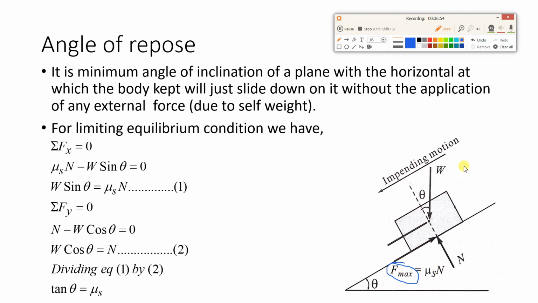Now the forces to the right will be positive, and upward direction will be positive. Here our x axis is along the inclined plane, and the y direction is perpendicular to the inclined plane. Now what will be summation Fx equal to 0? Mu s into N will be positive, because it is towards the right. And next you have to consider the x component of this W. It will be in this direction, like this.